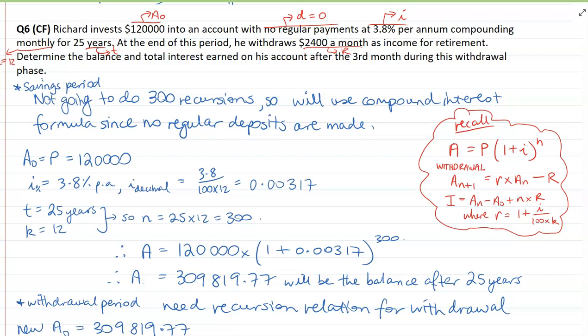So because that first period doesn't have any regular repayments, this means we can go straight to using our compound interest formula to work out the balance of that account after the 25 years. Because there is no way I'm going to do 300 recursions on my calculator. After that 25 years, there should be a balance of